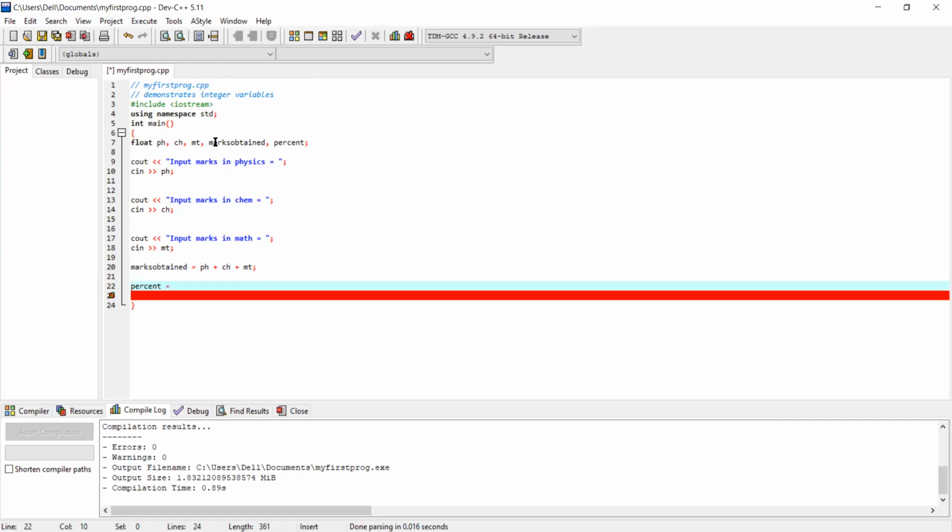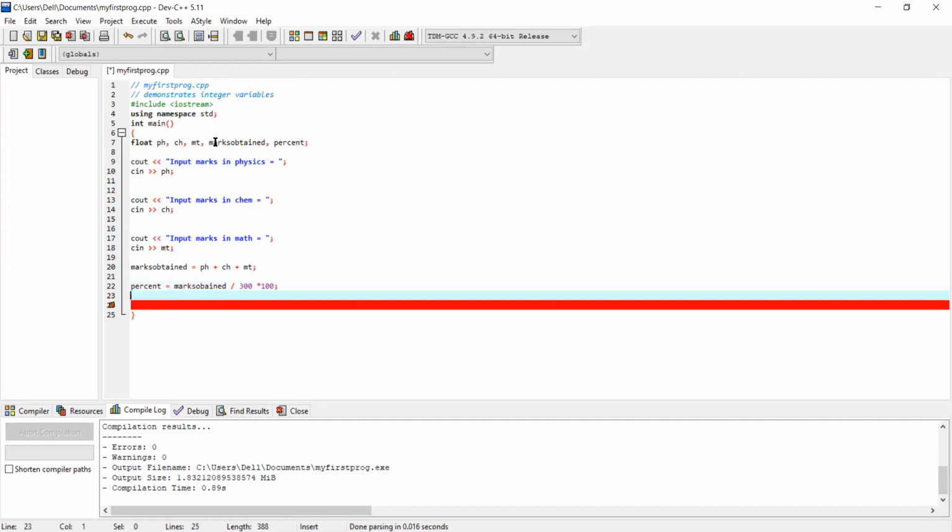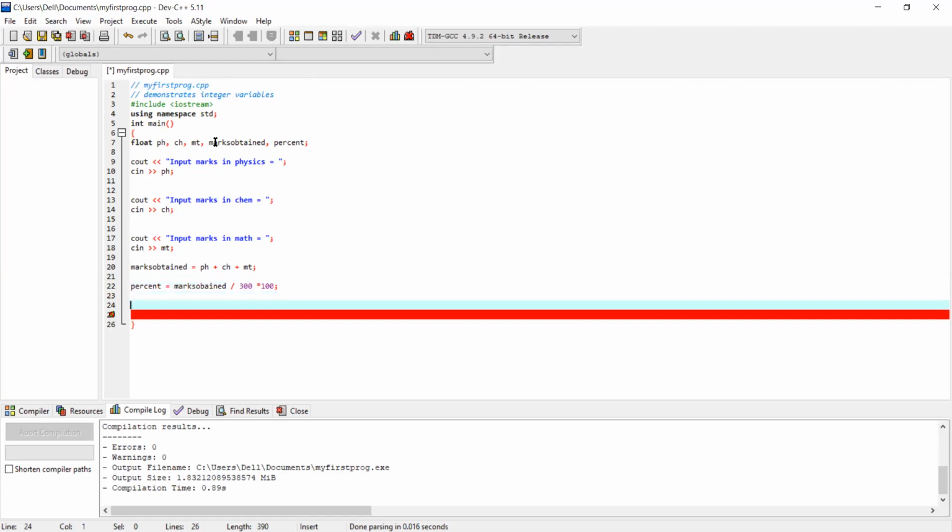Percent is equal to marks obtained divided by 300 multiplied by 100. This is the formula for computing the percentage. Now I want to show the two variables, marks obtained and percentage. Now for the marks obtained, Cout